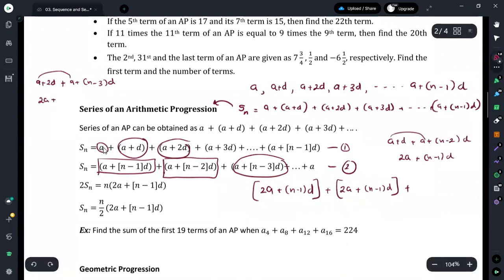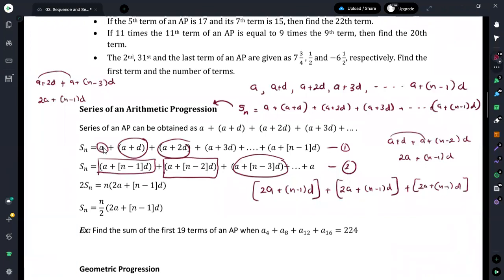Then 2d plus n minus 3 times d, you will again get this value as n minus 1 times d. Therefore, now you can see that if you are getting the summation of the relevant terms, first term with first term, second term with second term, likewise, if you perform this up to the n number of terms altogether, we are having n number of terms. Therefore, we will have the same quantity repeatedly added for n number of times.